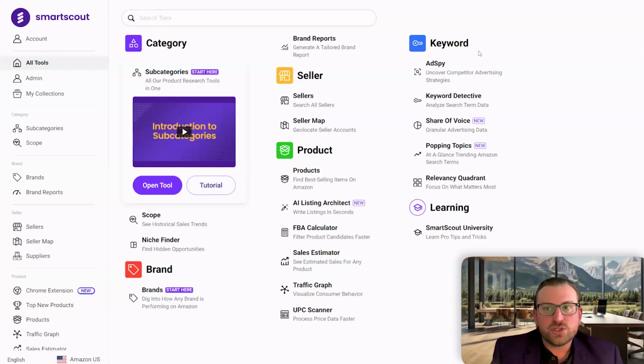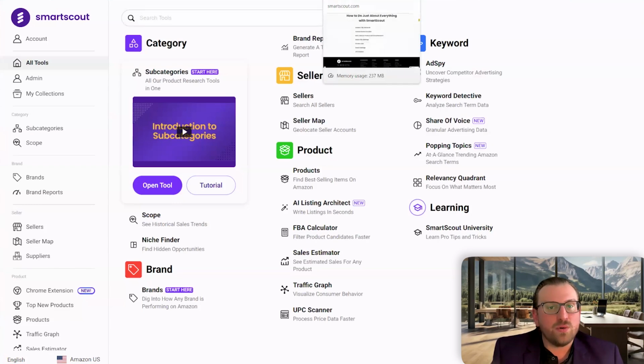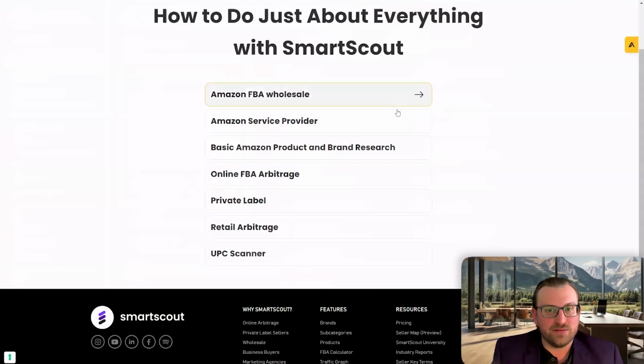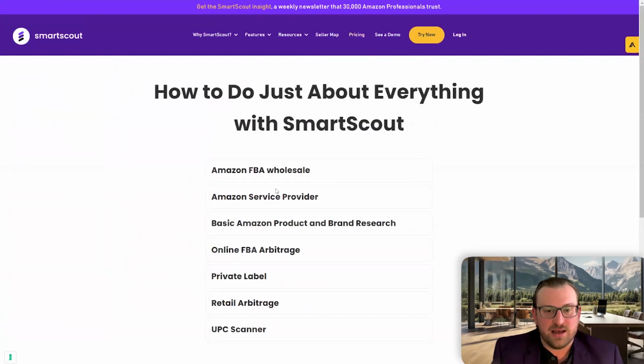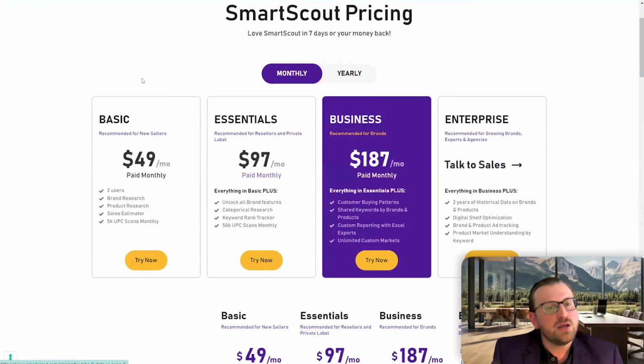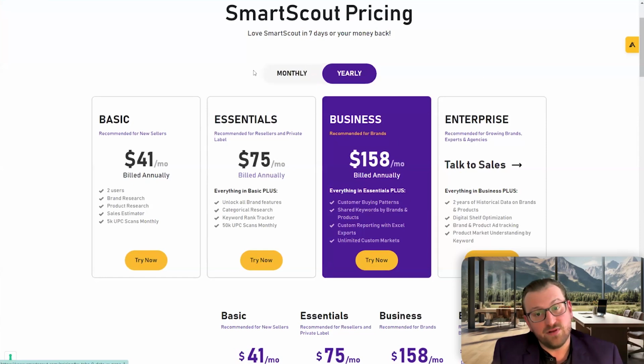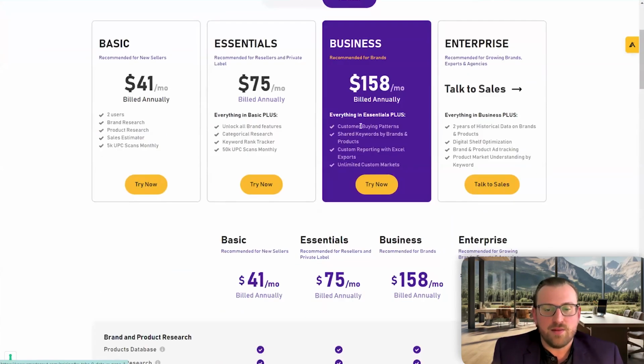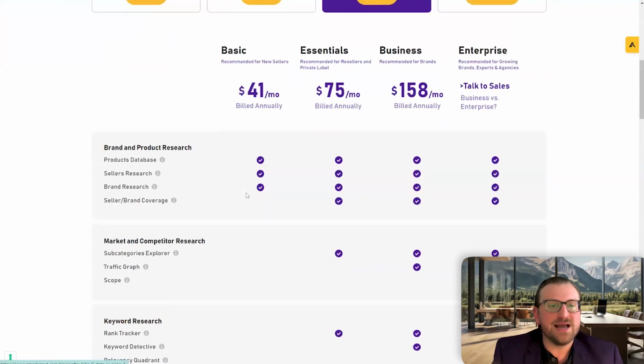Yeah, sounds very useful. Can you go over the pricing of Smart Scout so that viewers understand? Yes, absolutely. So one big change that we just made is that now there is no free trial of Smart Scout. There's the SMB pricing, which you see here on a yearly and monthly basis. So you've got your basic package starting at $49 a month, up to $187 a month on the monthly level. On the annual level, you save a little bit of money. But basically, if you go to our pricing page, you'll see the breakdown.